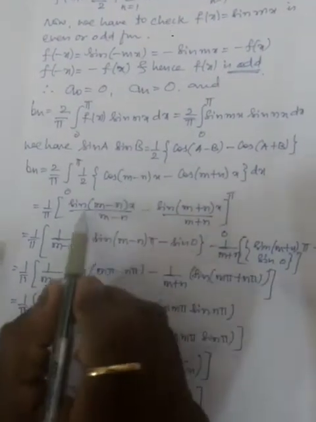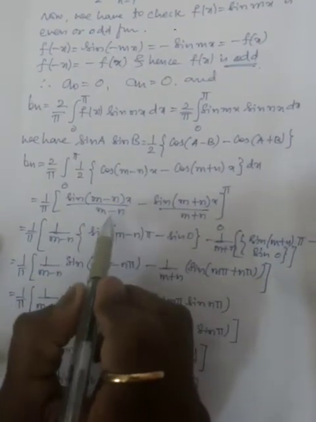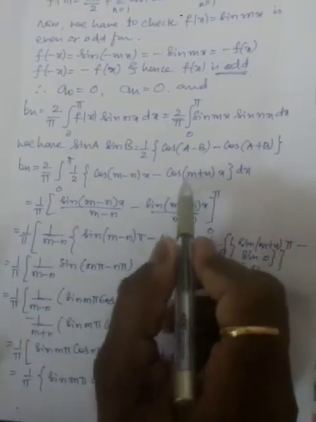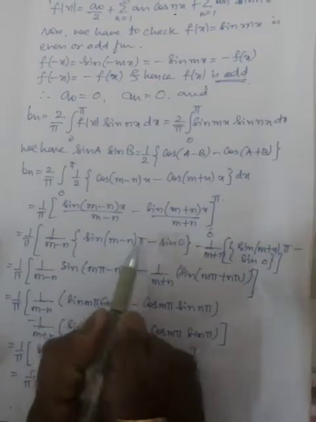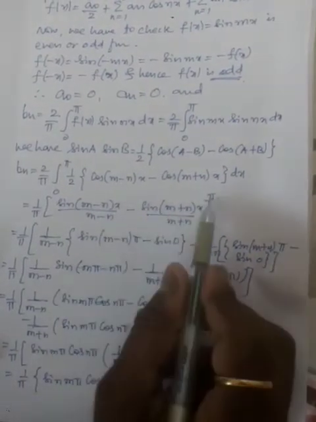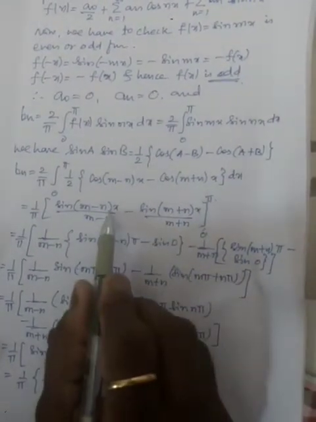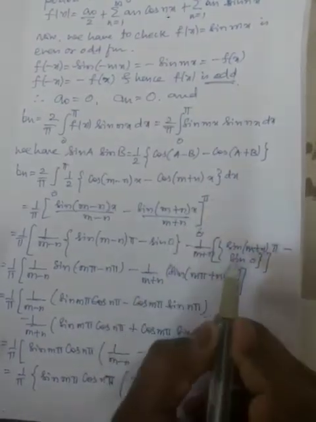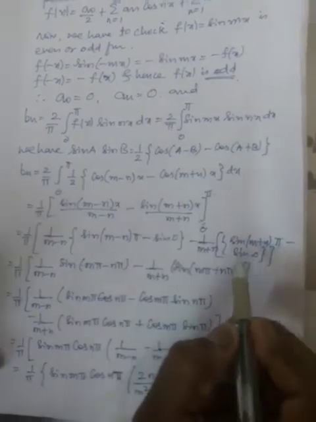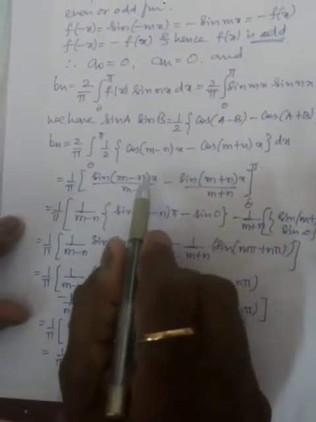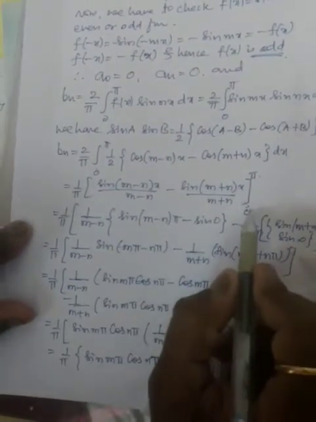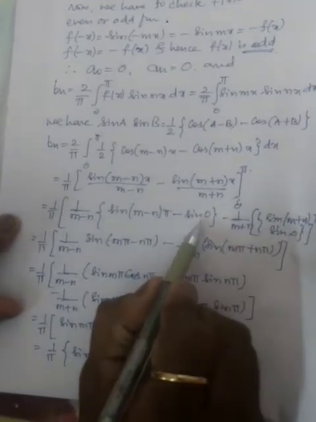Then the integration of cos is what? Sin of m minus n times x upon m minus n. Again the same condition for the second term, between 0 to pi. Observe the substitution of upper and lower limits: x equal to pi, x equal to 0 for the first term, and x equal to pi, x equal to 0 for the second term. Again observe here, sin of any term into pi is always 0, and sin of any term into 0 will be 0. Therefore, obviously sin 0 will be 0, sin 0 will be 0.